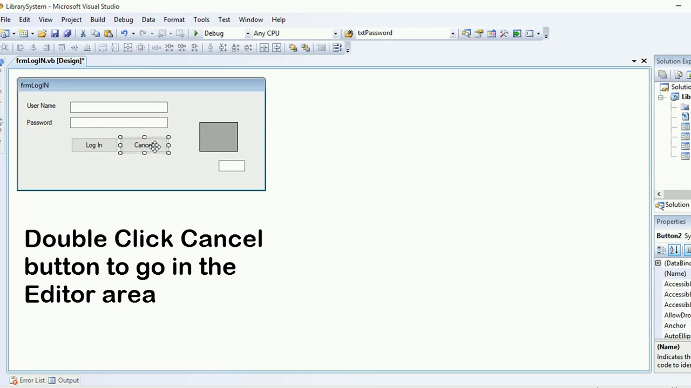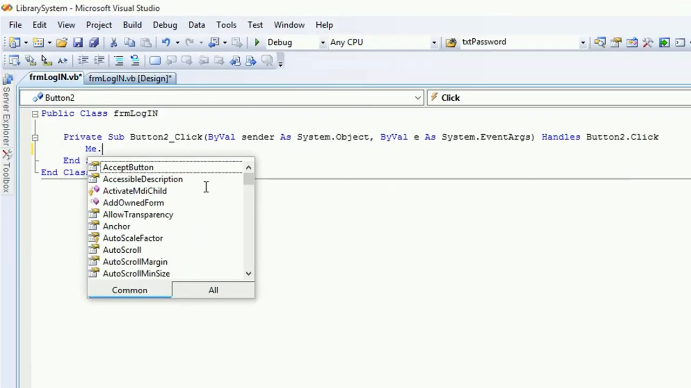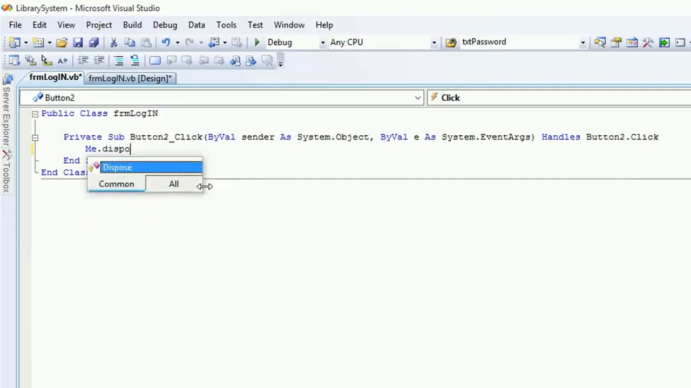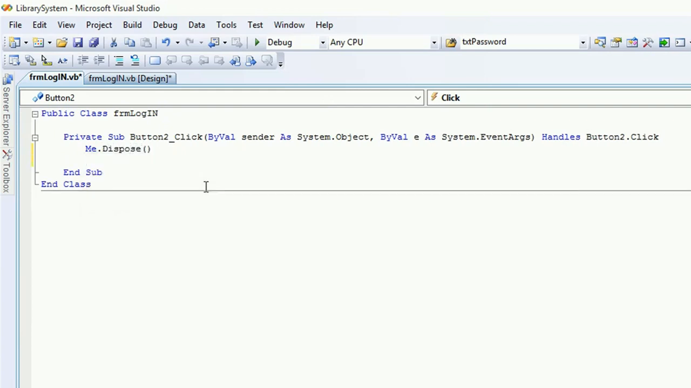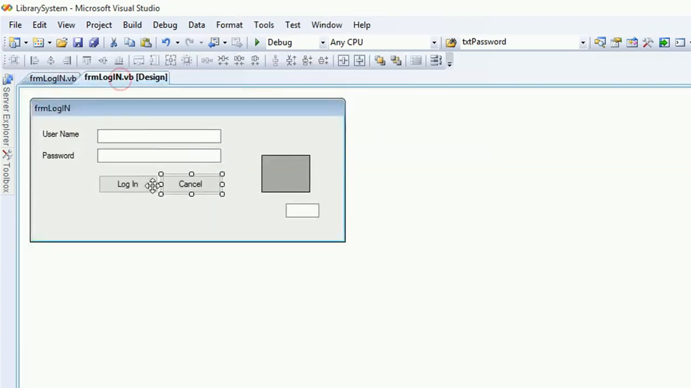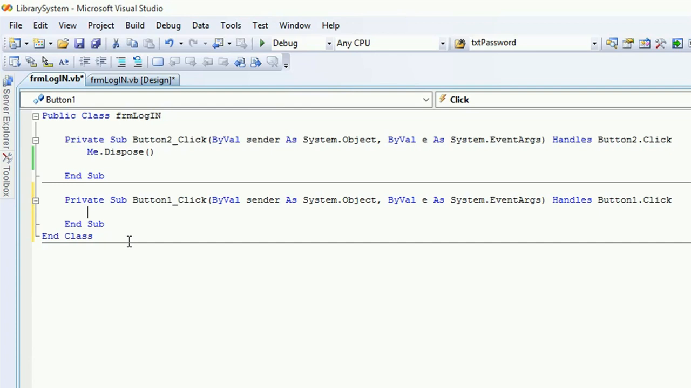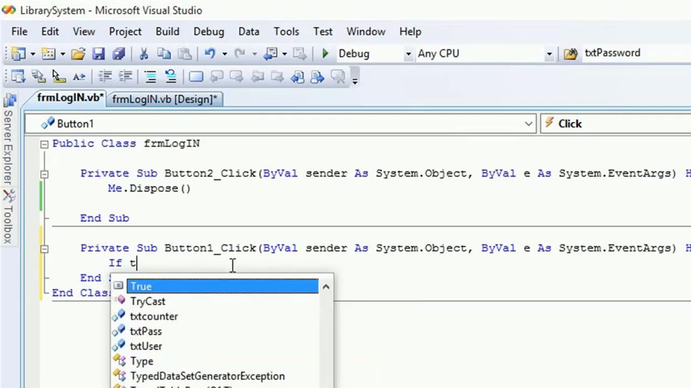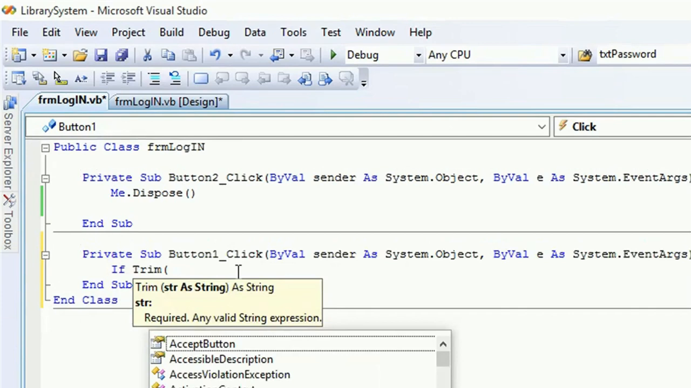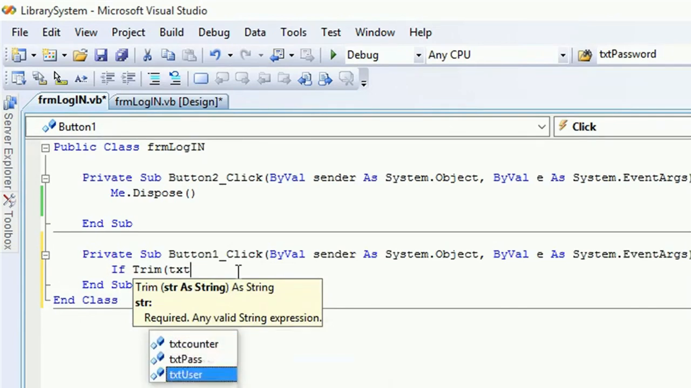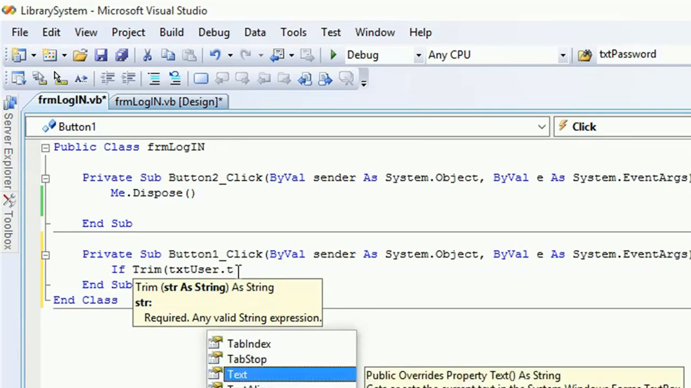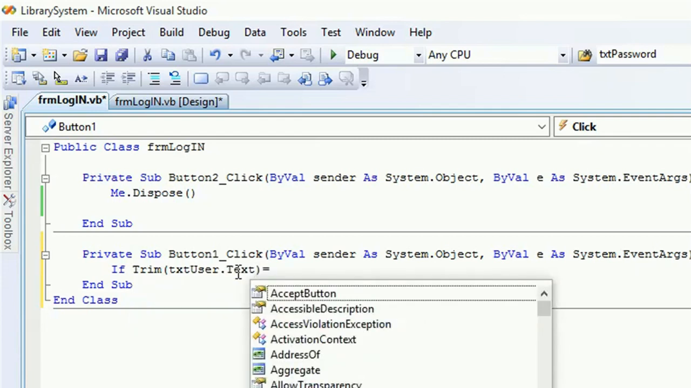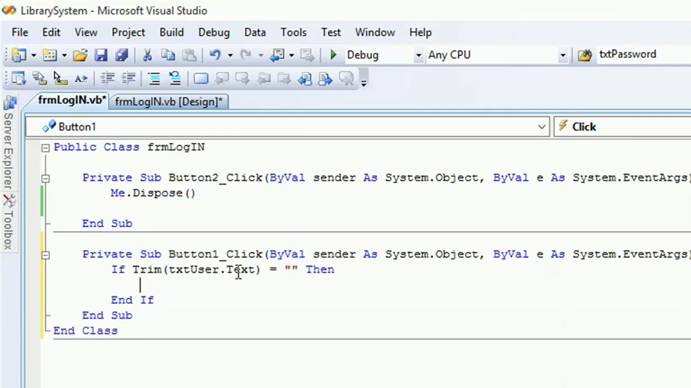First, the cancel button: Me.Dispose. And then in the login button, just like what I have said in the previous video, we need to trap the empty boxes. So if Trim(txtUser.Text) is equal to empty, then